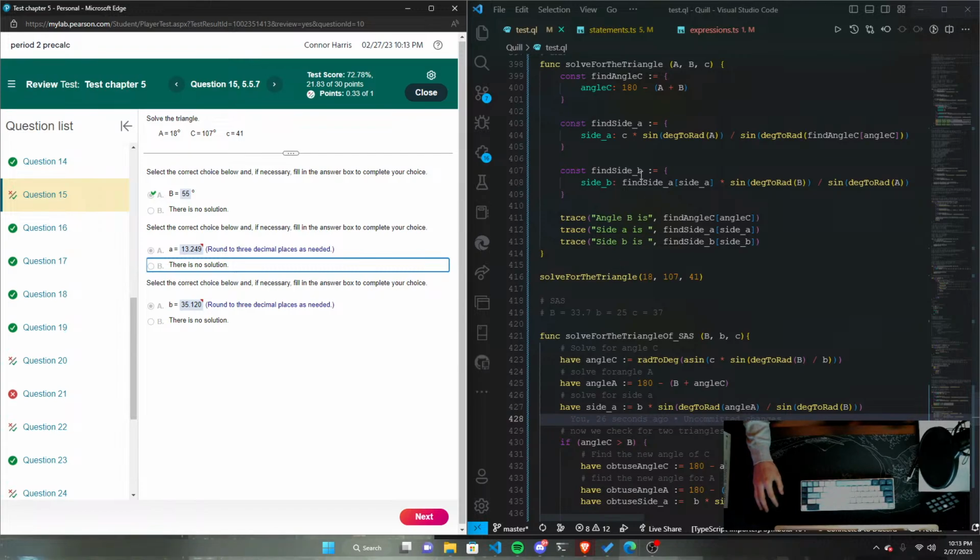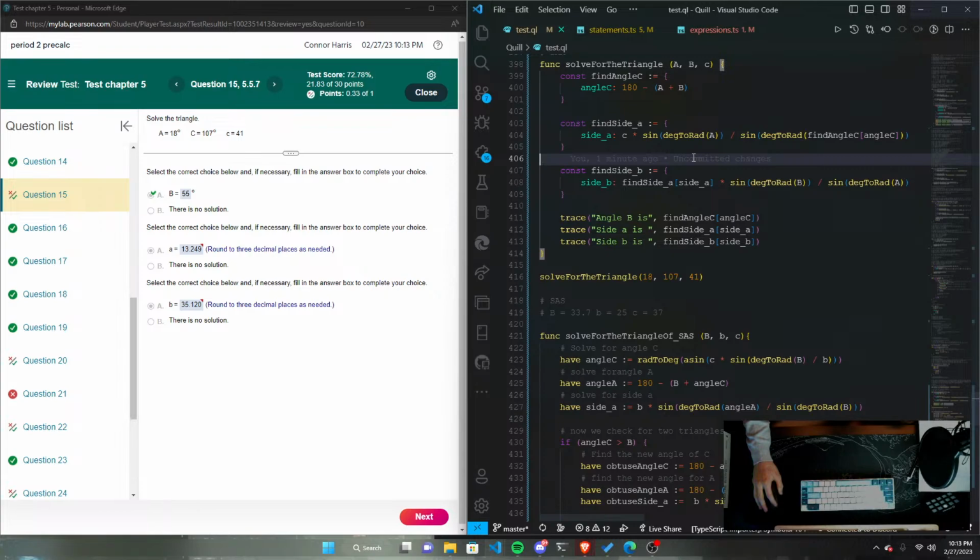Okay. So, what did we do wrong? Solve for the triangle, given an A, a B, and a C. So given two angles, and a little c, so that shouldn't matter. So to find the angle of C, we should take those two and subtract from 180. That's good. Find side A. To find the side that goes along with that, you take the little side, so to find side A, you do C times the sine of big A,